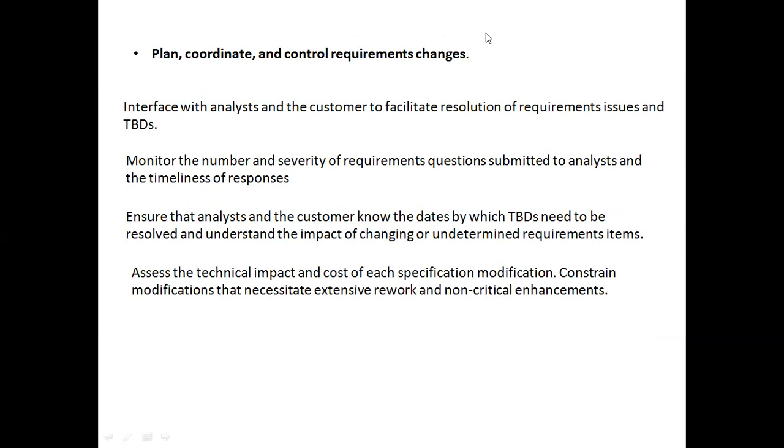The management team needs to plan a particular schedule for this software development. Then the management team has to coordinate with the employees, with the staff, and with the end user also. And the last one is controlling requirement changes. Whatever changes the end user keeps giving, the management team has to control those requirement changes.